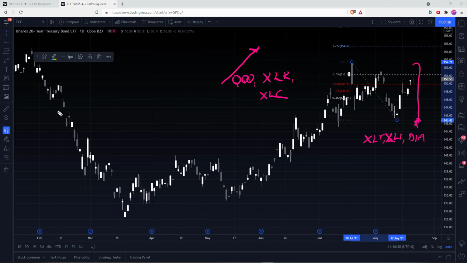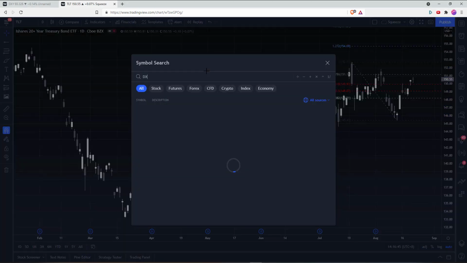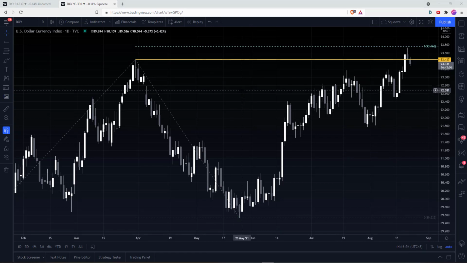But I think this is worth watching because everybody is kind of assuming that the reflation trade is dead. If we do see TLT roll over here, and if we do see DXY roll over here, that will be a really good signal that the reflation trade is about to pick up again, and you'll want exposure to things like